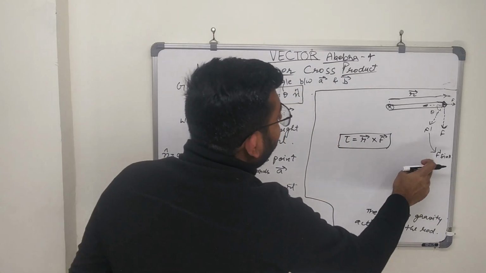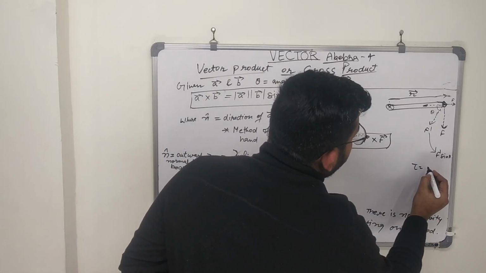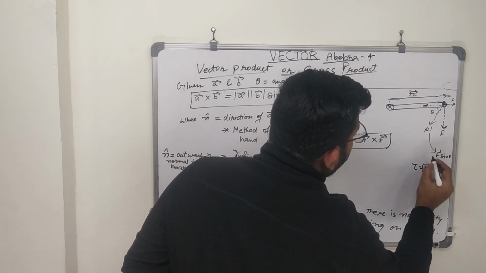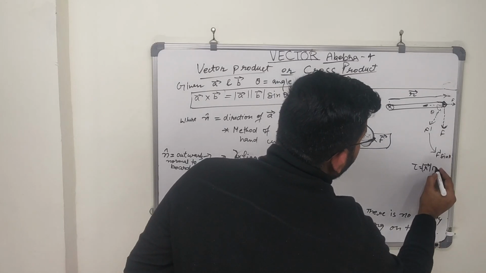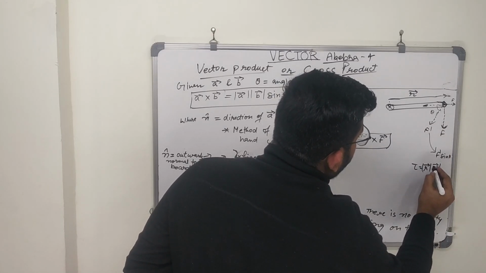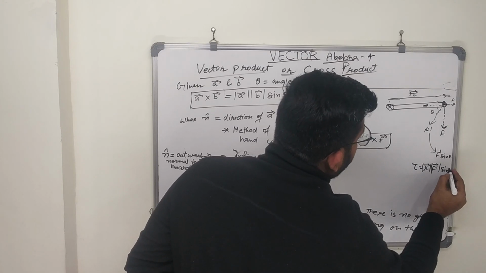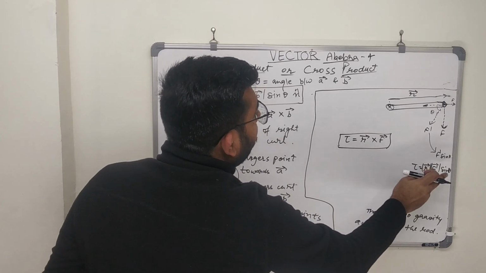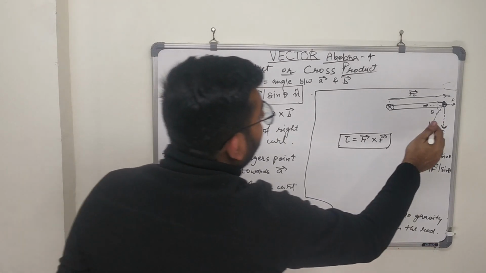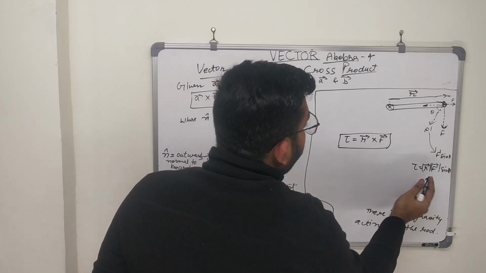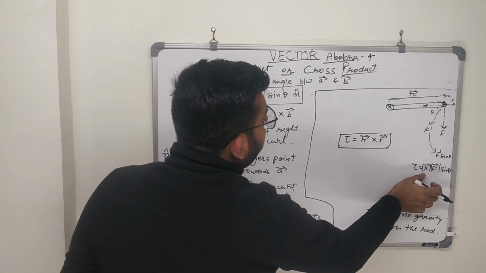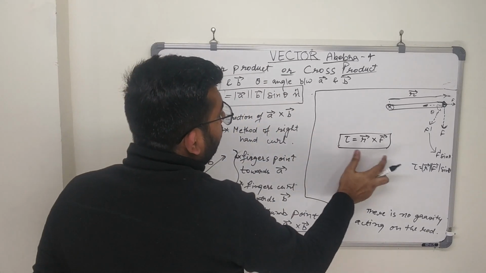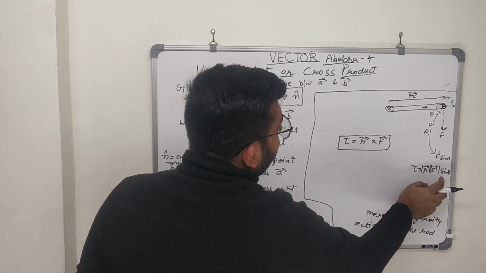So you can relate that the torque in this case will be r vector, या यू कहें मैग्नीट्यूड ऑफ r vector into f dash का मैग्नीट्यूड into sine of theta. You can relate this and this easily, that if we are going to have the components of f vector, then in that case we can easily find the magnitude of r vector cross f vector, that is equal to magnitude into sine of theta.